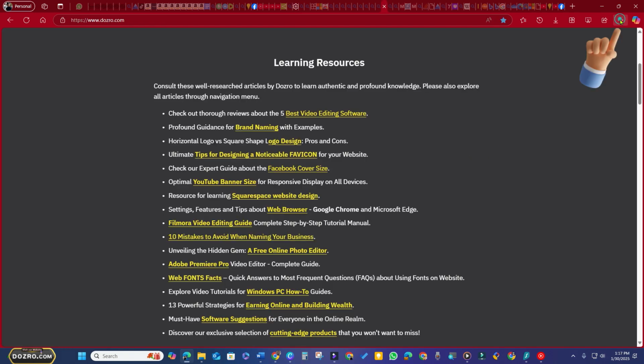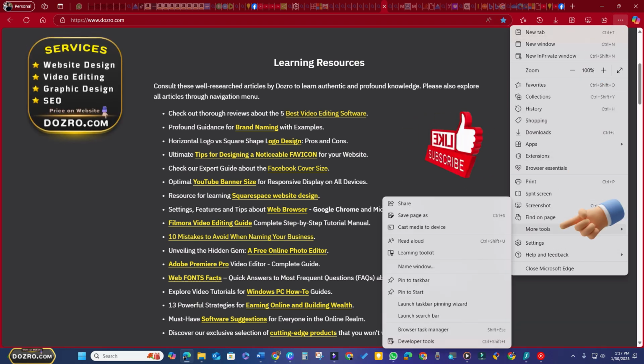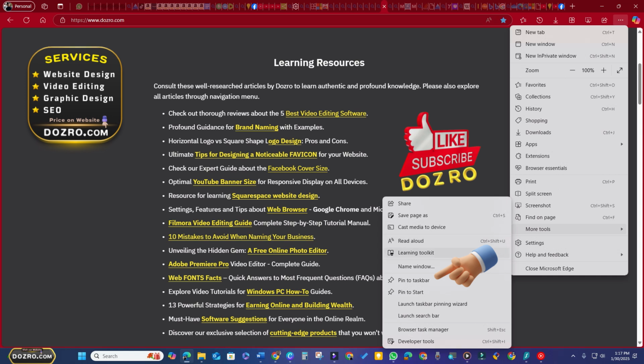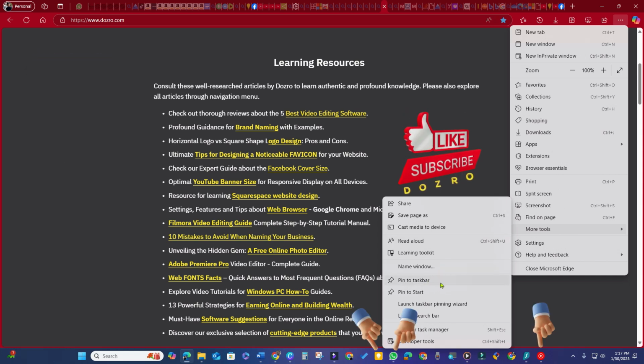Using Microsoft Edge, you can also click on the three-dot menu in the upper right corner, go to the More Tools option. Select Pin to Taskbar to create a shortcut on the taskbar, like I added these shortcuts for YouTube Music,